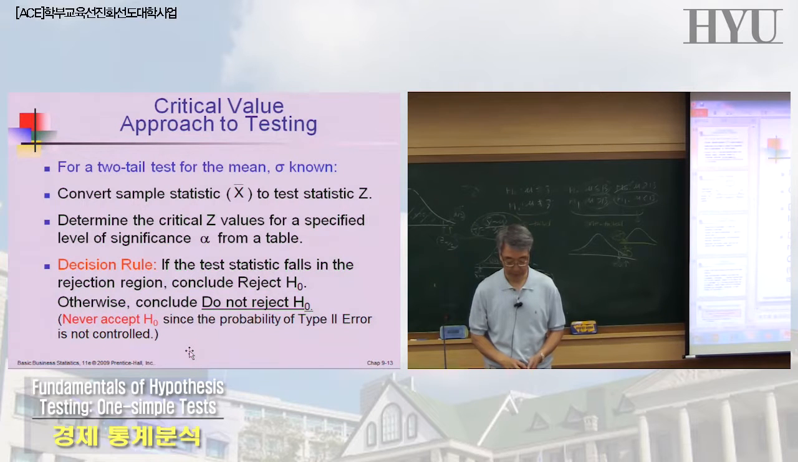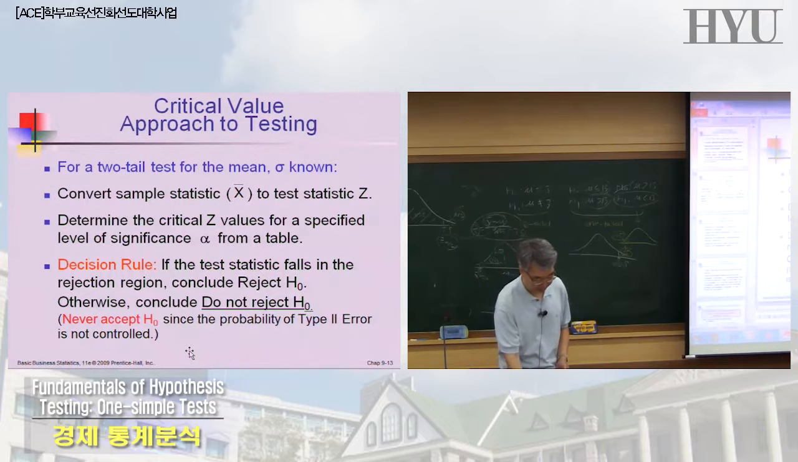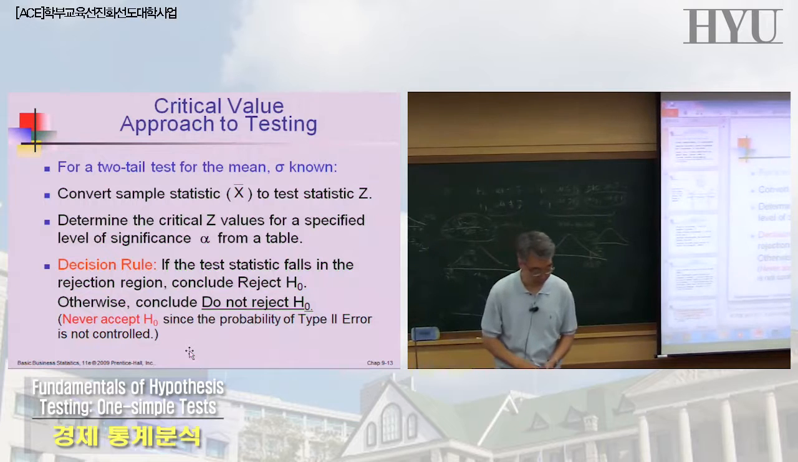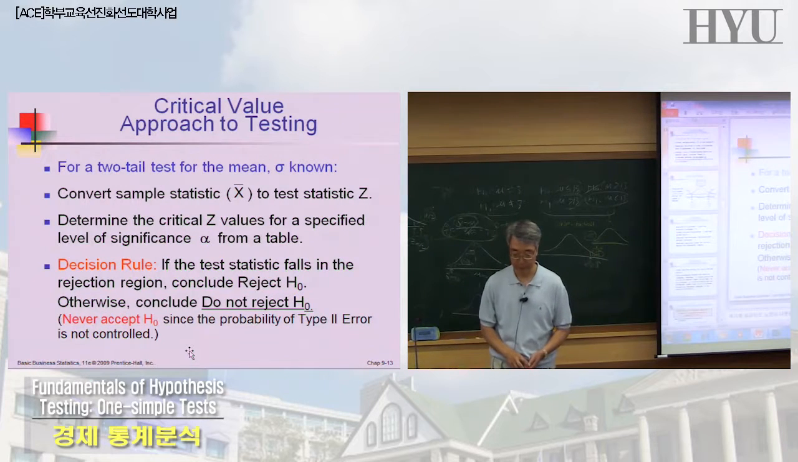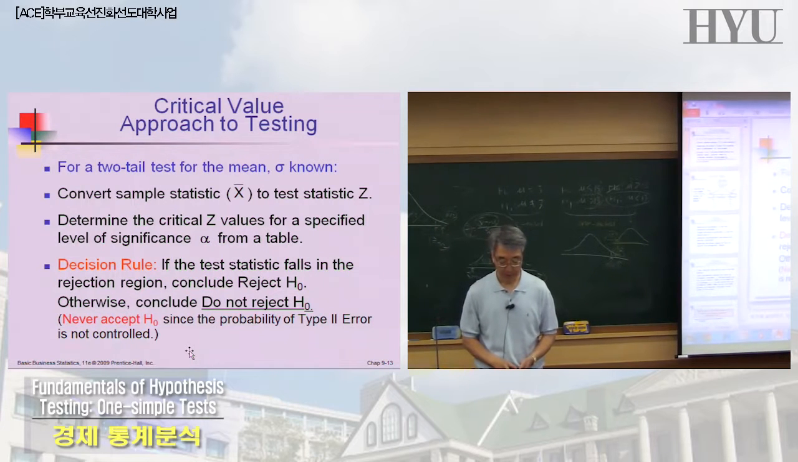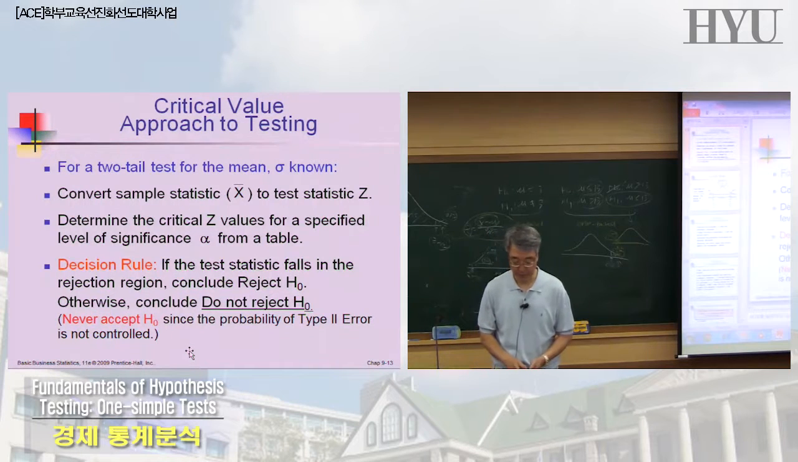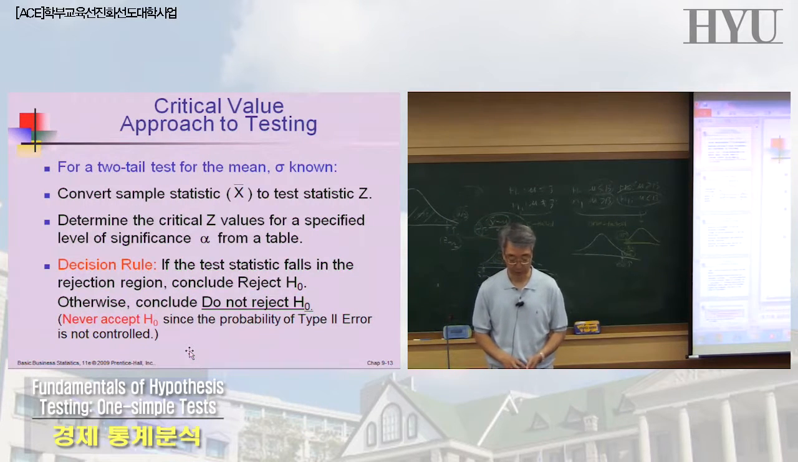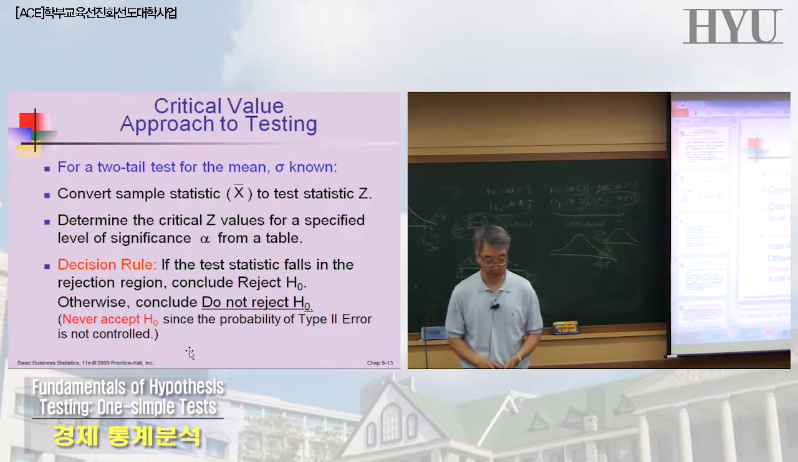Okay, so here's a summary of what should actually happen. The critical value approach to testing. Let's say sigma is known and you are running a two-tailed test for the mean. Then convert the sample statistic, the sample mean, to the test statistic Z. And then determine the critical value Z,